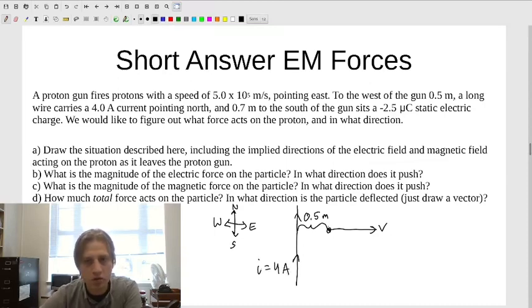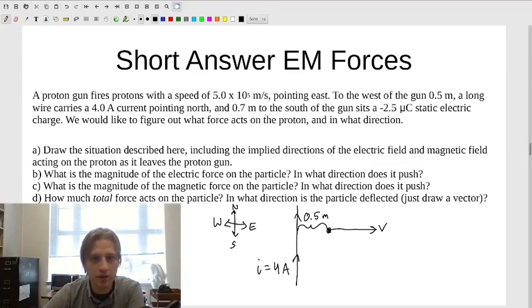Okay, so this is going to create a magnetic force on that particle. This wire has a current, so the current is going to set up a magnetic field. The magnetic field is going to create a magnetic force. Okay, now it says,